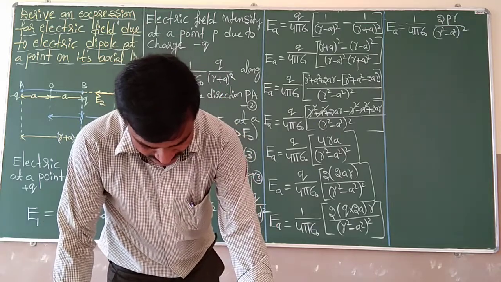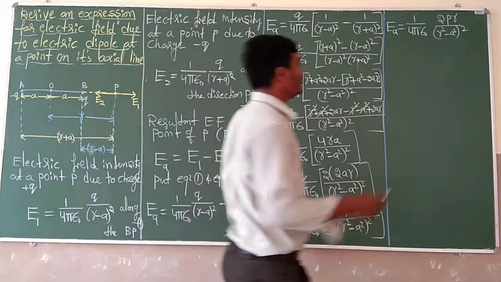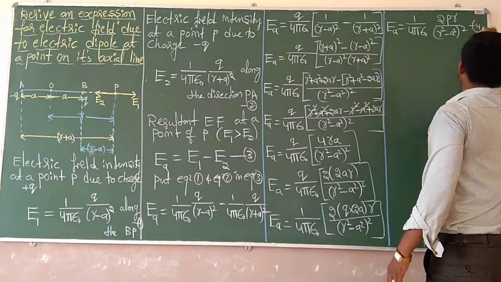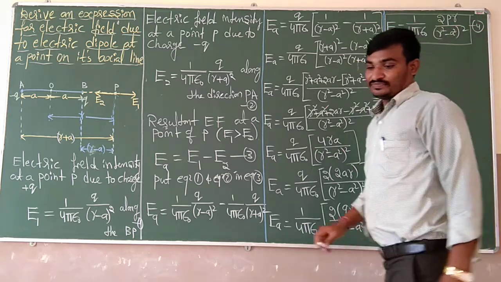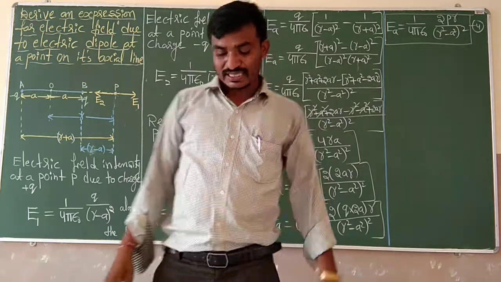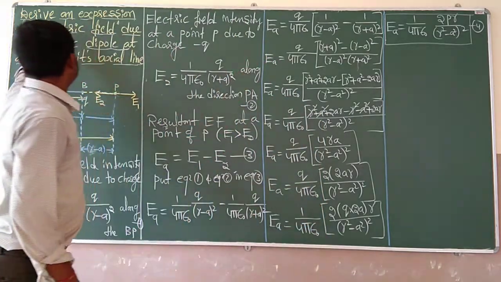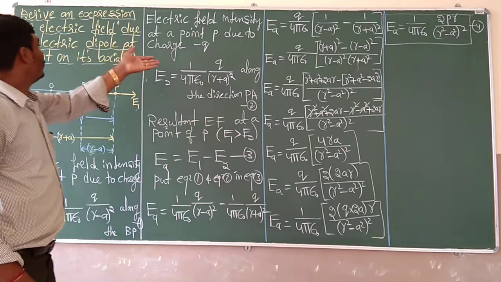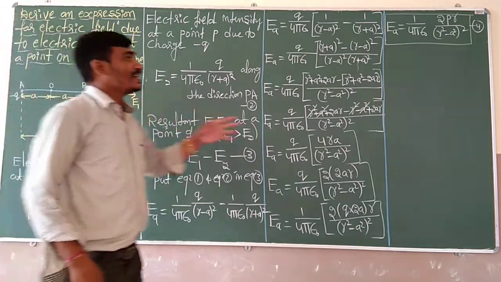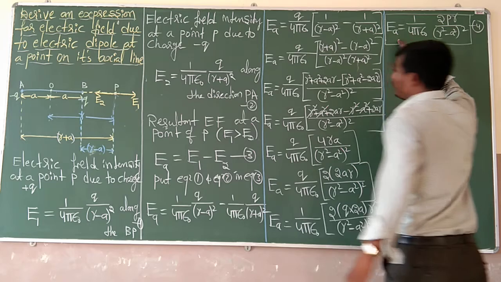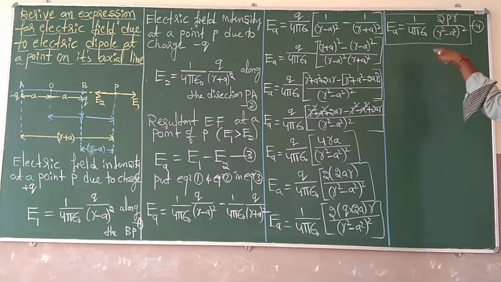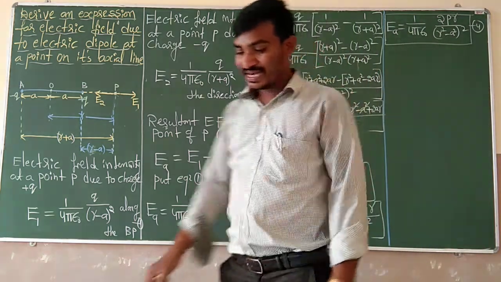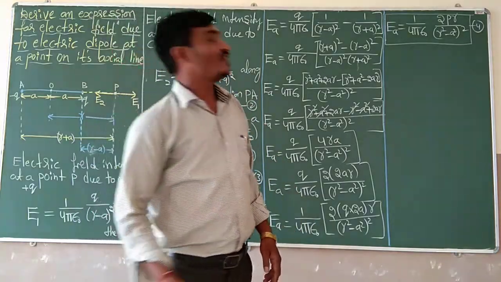You have to write like this here, dear students. This is very important. This is equation number 4. Then you have to write: this gives the derived expression for electric field due to electric dipole at a point along the axial line. You have to write up to this for 5 marks. E_A is equal to 1 by 4 pi epsilon naught, 2pr divided by (r square minus a square) whole to the power square. Okay, then we can write this one in vector form also.